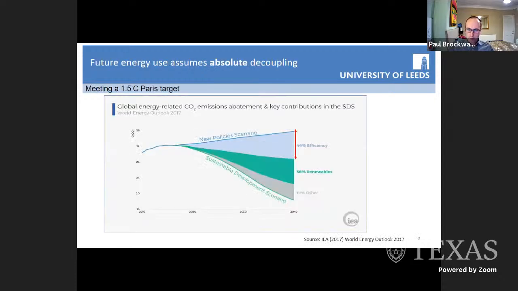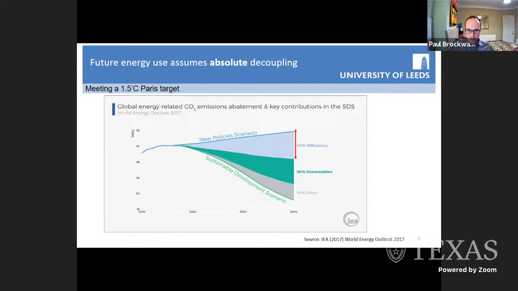This is a plot from the International Energy Agency, the IEA, and this is typical of a lot of global energy projections. So you can see that essentially under current or new policies energy use goes up, but then there's this big blue wedge, which is energy efficiency, where energy use is going down. And then we have renewables as a second dial to reduce CO2 emissions, and then everything else is